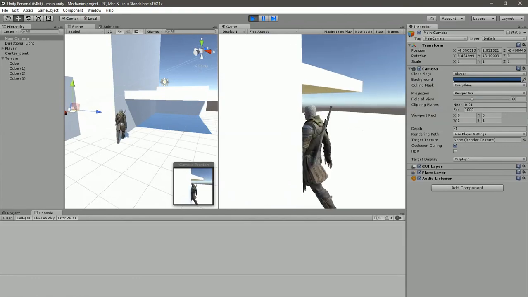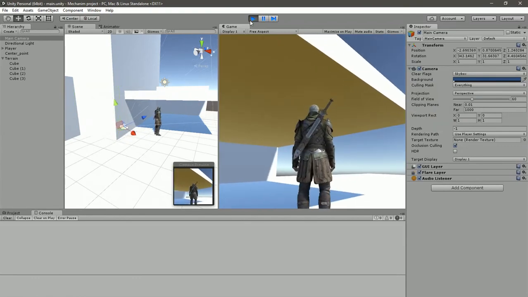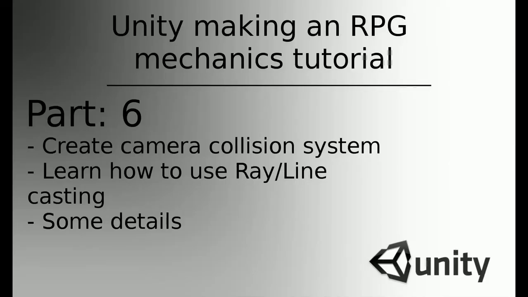Okay, so that's the orbiting camera. So we've reached the end of the 6th part of the tutorial. Hope you learned something. In the next tutorial I will probably show you some sort of animations,